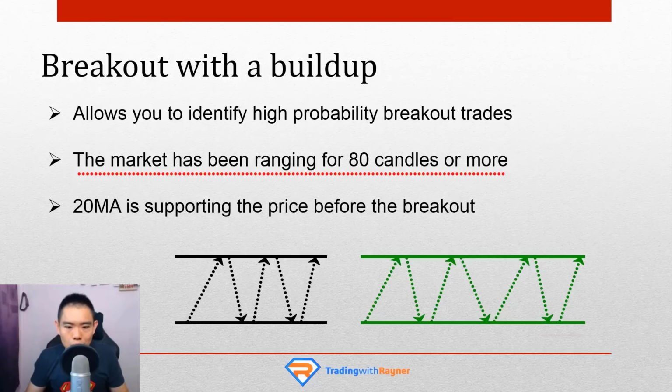Buy support, sell resistance. When you buy at the lows of support, where will you put your stop loss? Probably below the lows of support. And if you think about this, if you are long at support, your stop loss is in essence a sell stop order. Make sense? So the longer the market is in a range, the more sell stop orders will accumulate at the lows of